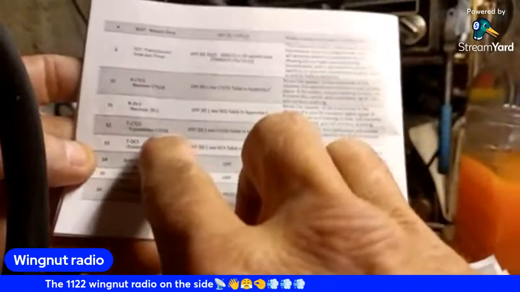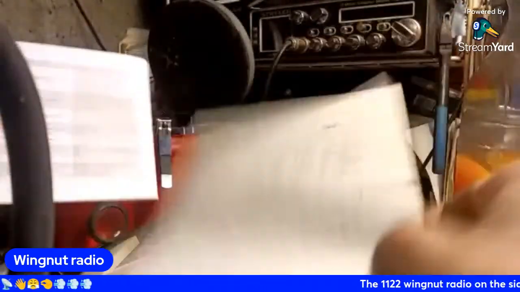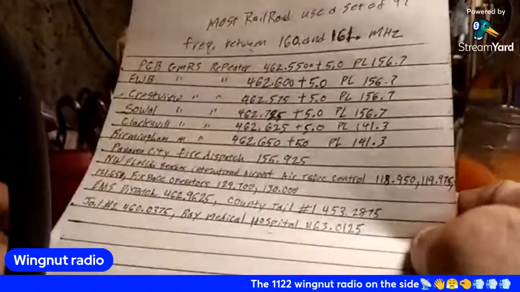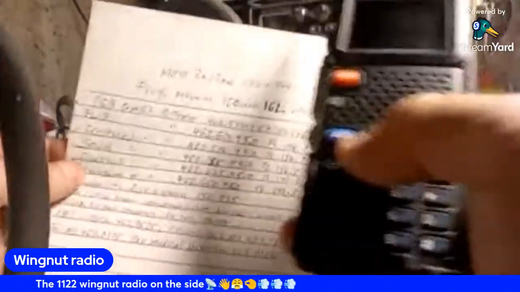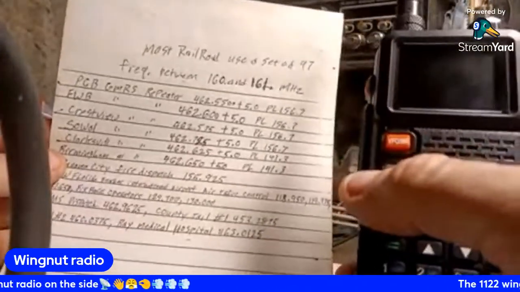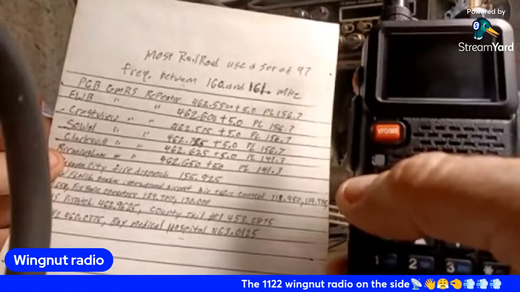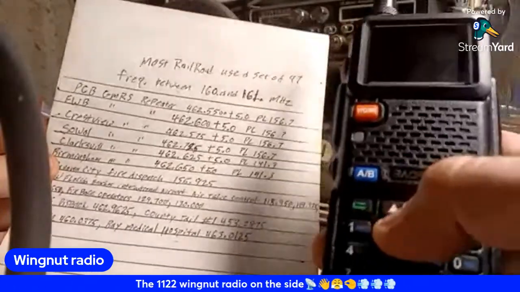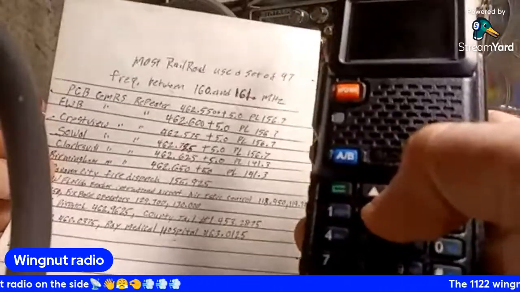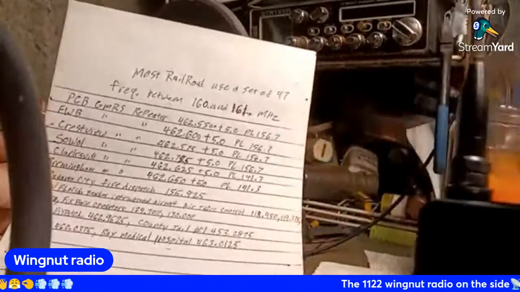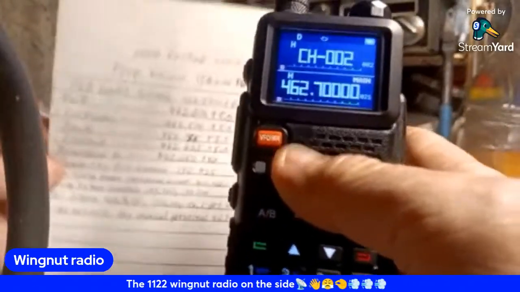All right. When you go into your menu options, you'll find that, and this is how you would set the PL number, or the tone frequency. So what I'm going to do is set one of these frequencies in my radio, so I can just go through it. You know how it's done. All right, let's see here. I got this turned on. Okay, first off,